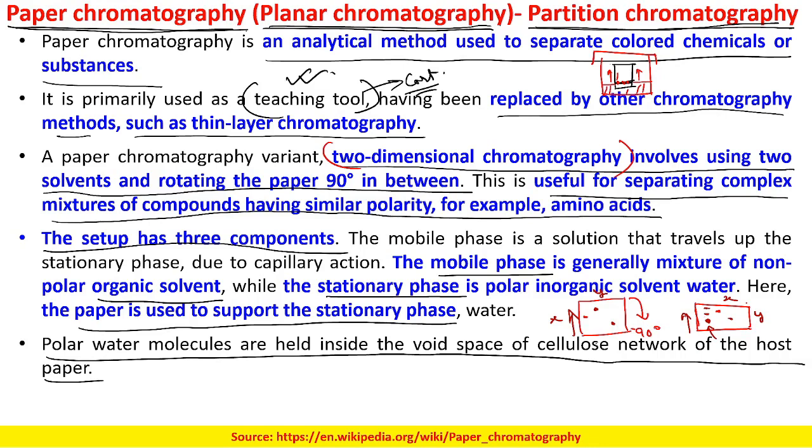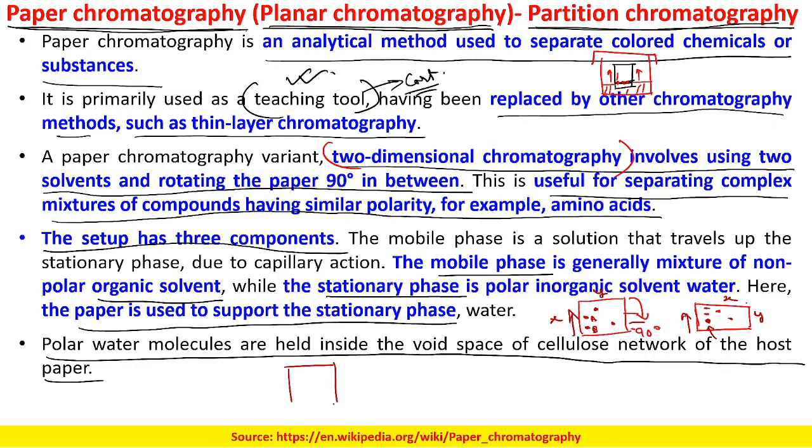Okay, here also it may so happen that when it is coming over here, when you are running the solvent, it may have two spots, say A and B. When you put it at 90 degrees, they will be resolved. Now you are looking from this angle, right? Now see, they have resolved. So this A and B are appearing at two different locations. Now even in this A and B, if there are certain other mixture components, they will again separate from each other. Okay,